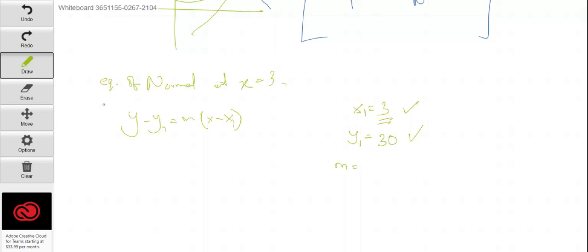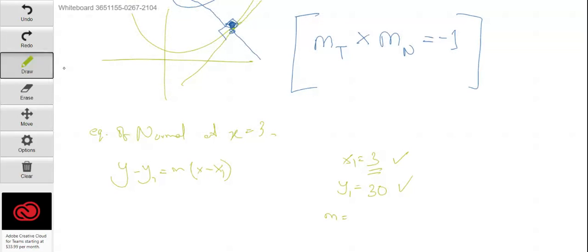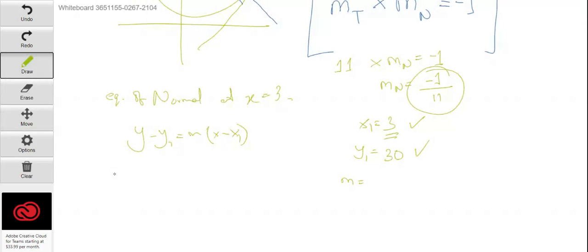So we already know that the tangent's gradient came out to be 11 in our case, and we will always start off by finding the tangent's gradient. Even if we are asked to find the equation of the normal, we'll always start off with the gradient of the tangent, and then multiply it with the gradient of the normal, which is unknown, and will give us negative 1. Meaning the gradient of the normal is going to be negative 1 by 11. This was the missing piece of information, right? So we will again fill this up